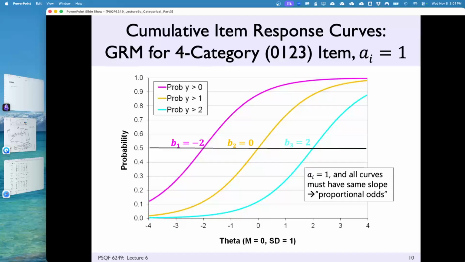So then we get to the yellow line. That's their probability of answering with a 2 or a 3. So what's their probability of answering a 1? It's the difference between the pink and the yellow, right? And we can keep going on and on so long as you realize that for any given theta, the whole range gives you the probability of 1, and the lines segment it to tell you the probability for each category. Does that make sense?